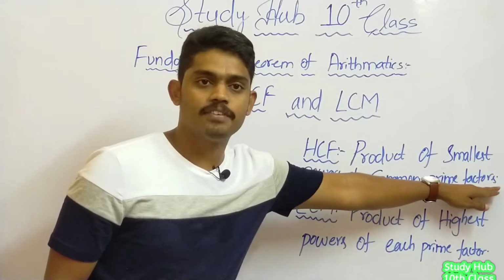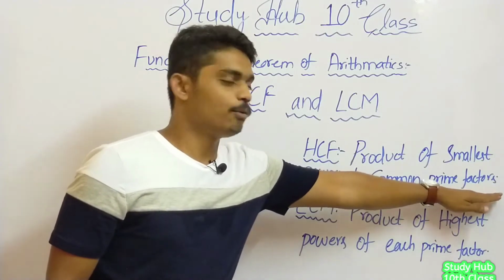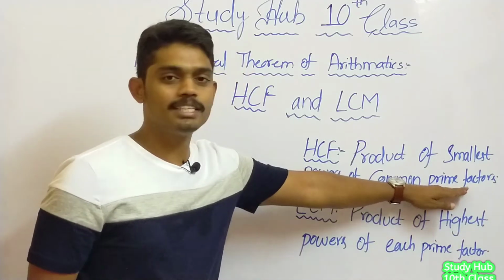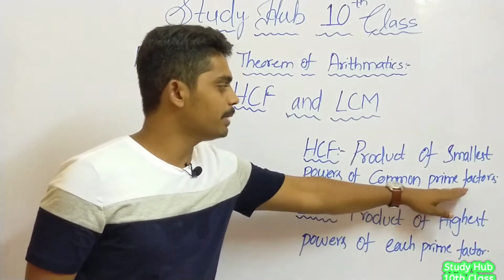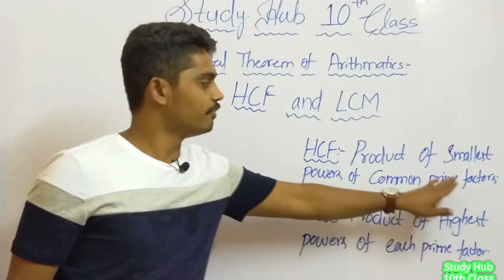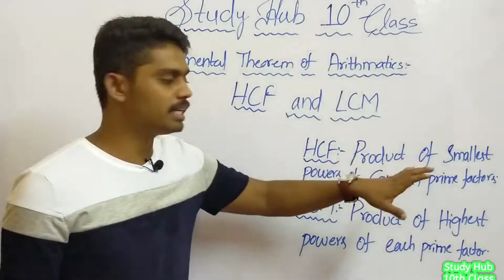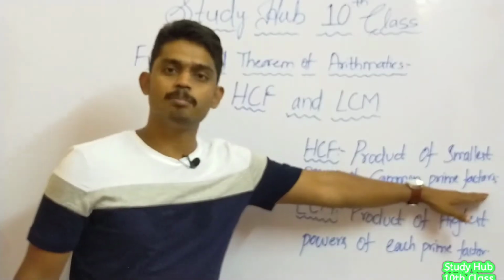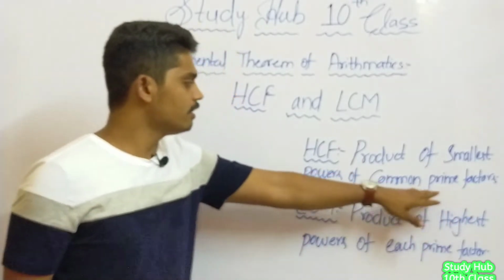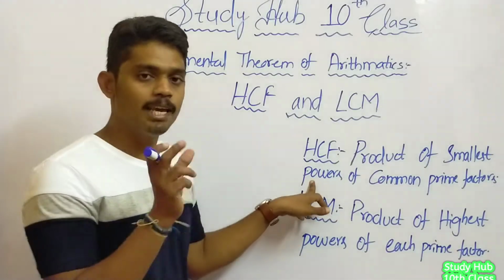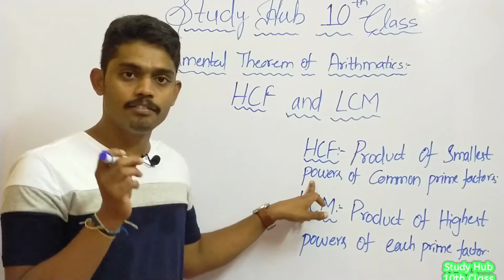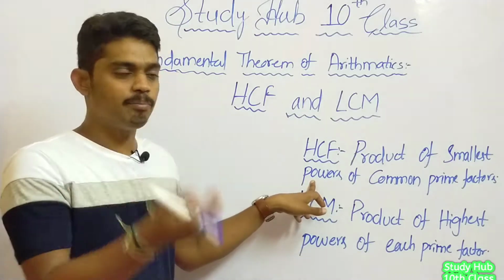We know what is a factor. We know what is a prime number, and we know what are prime factors. We have reduced a very big number into a product of its prime factors, okay, and from that, when the same primes are written together, we have replaced them with their powers.